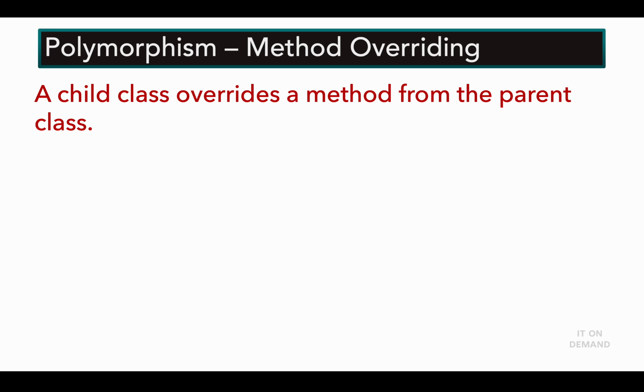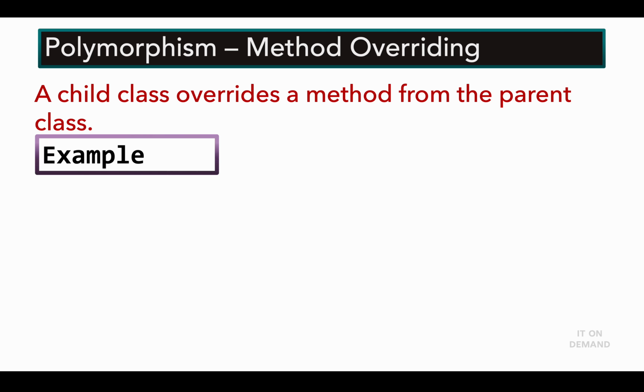So when we have the same method name that has the same method signature, and we have one in the superclass, and we have another in the subclass, the same name, the same method signature, what we're doing is we're overriding that method in the parent class. So let's take a look at an example. An example would be the same make sound example